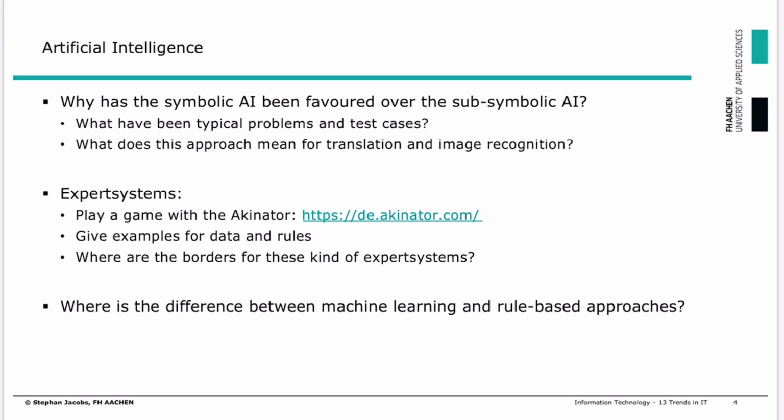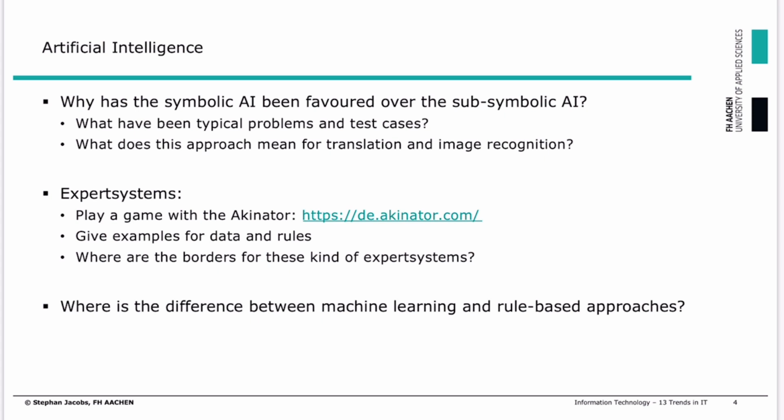The problem has been from the very beginning that subsymbolic AI is a little bit more complex in two dimensions. First, it requires much more computer power, which hasn't been available in the 50s, but not even in the 90s. And in addition, it's very hard to think that way. Typical people from AI came from mathematics, and they are used to work with rules and statements, so symbolic AI seems to be closer.